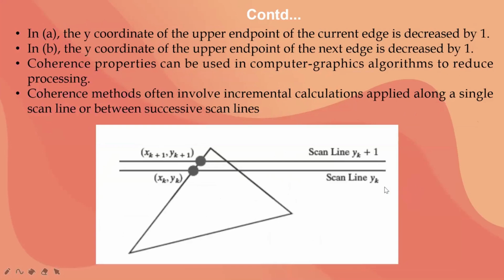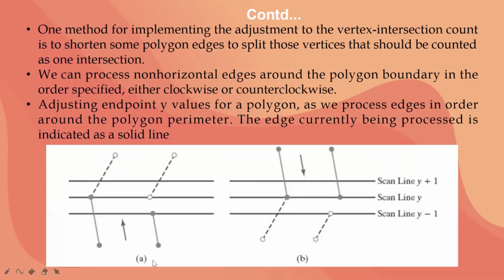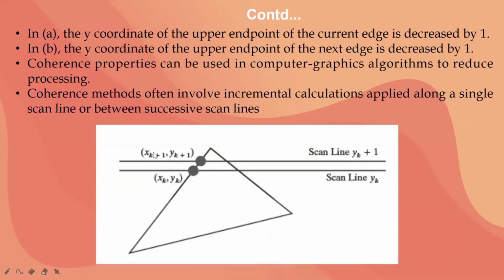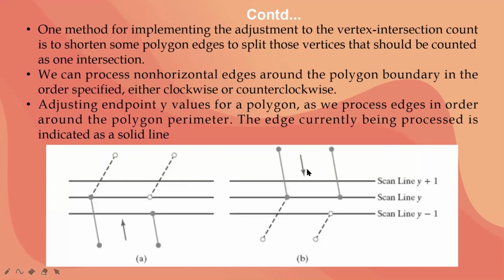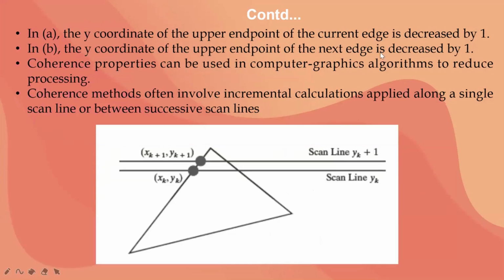Now here you can see one more thing. In this figure, if I'm moving from down to up, you can see I'm going in a decreasing way. Here you can see it has been decreased by 1. But on this side, if I'm coming from up to down, then you can see it in an increasing way. So that also you have to remember, how we are going to consider. Now here one more triangle you can see.